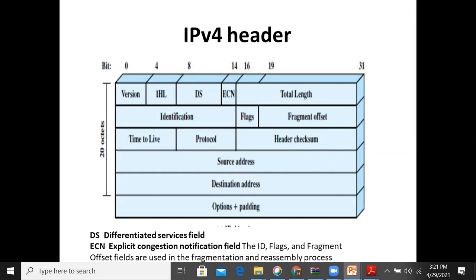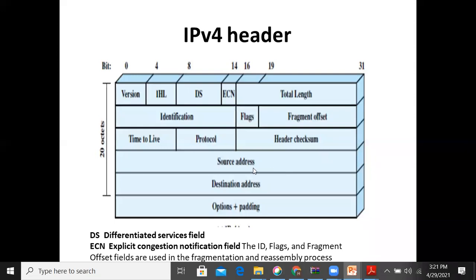But coming to logical address, it is dependent on the network. Every network will have its own addressing, so that logical address we are assigning. So logical address is different. And the IP address is the logical address.